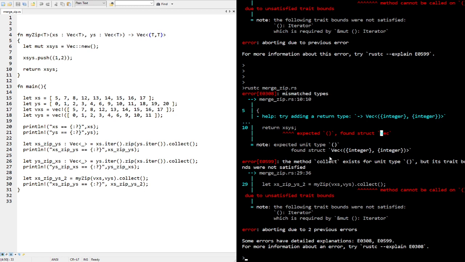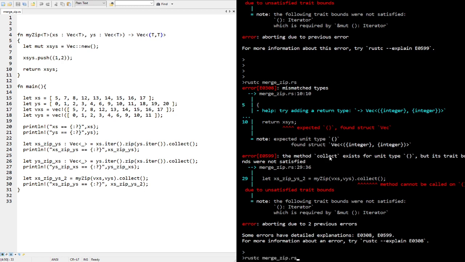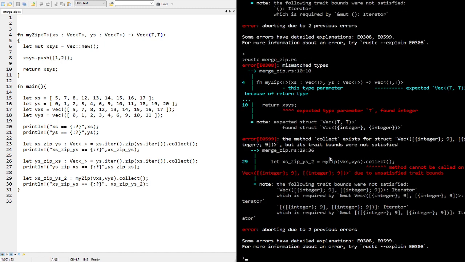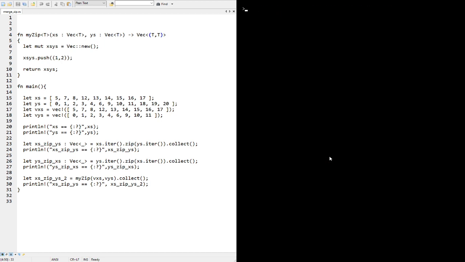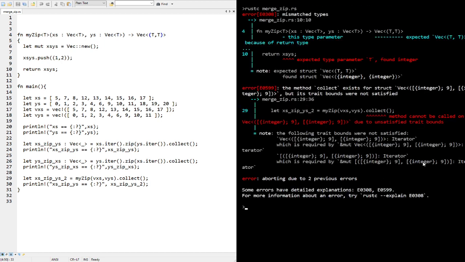Really interesting, though, why is it deducing? Okay. Hang on, need to clean this up. So this parameter, expected vec because of return type, expected type parameter T and found integer. I can't actually cheat and do this. So what we're going to do is we're going to push